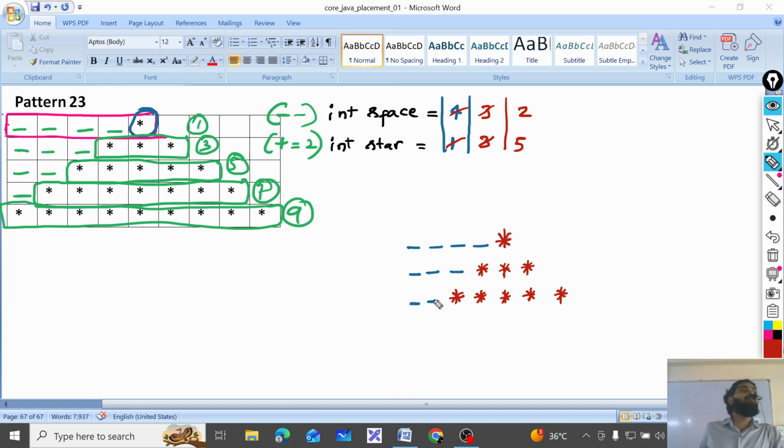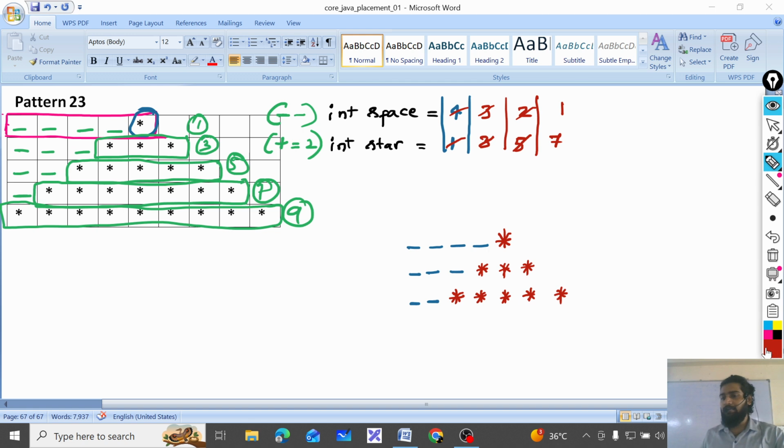But before I go to the new line, I have to perform the operations here. Space minus minus: 2 minus minus is 1. Very nice. Star plus 2: 5 plus 2 is 7. So the meaning of this is that in the next row, 1 space and 7 stars.